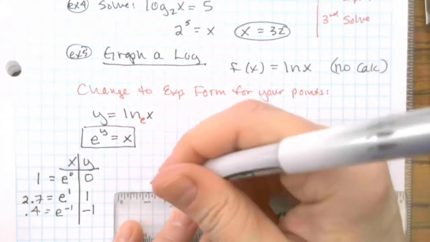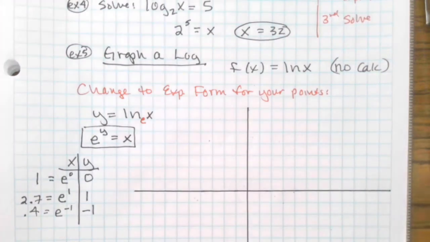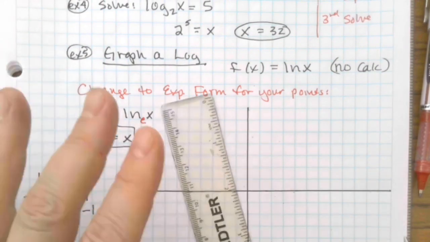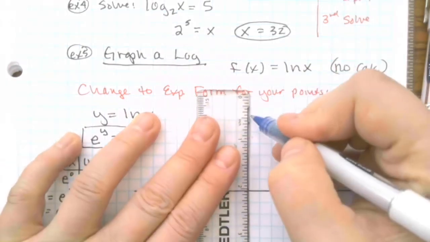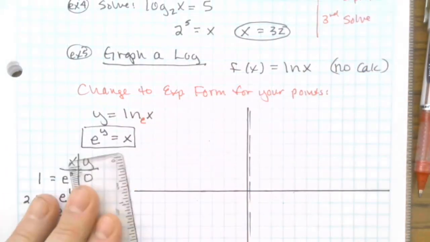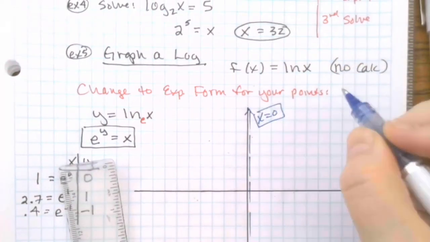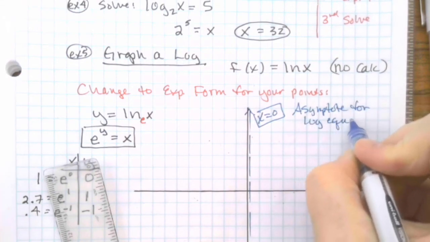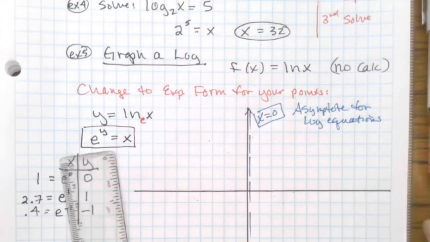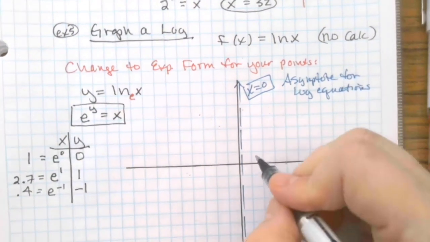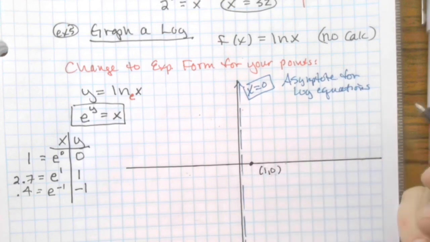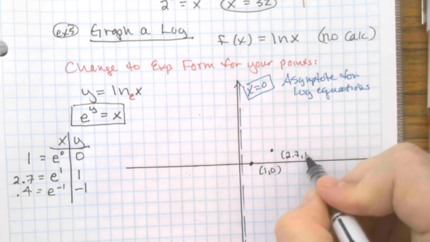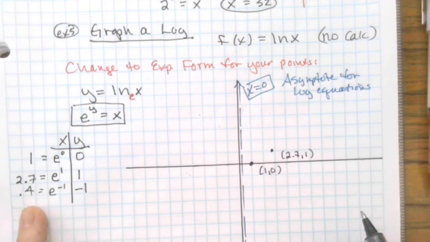All right, draw yourself a pair of axes. Now, when you graph a log versus an exponent, because remember the original one is a log, the asymptote is vertical. This is x equals 0, and this is the asymptote for log equations. Now, if I plot my 3 points, 1, 0, 2.71, so 2.7 up 1, and 0.4, negative 1,